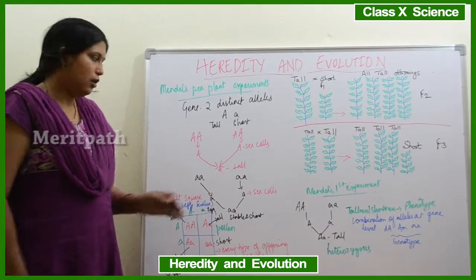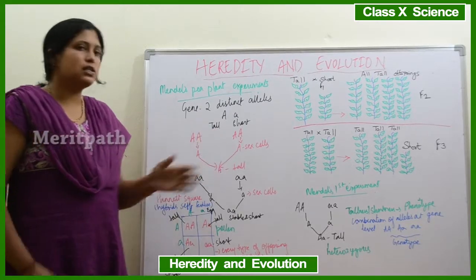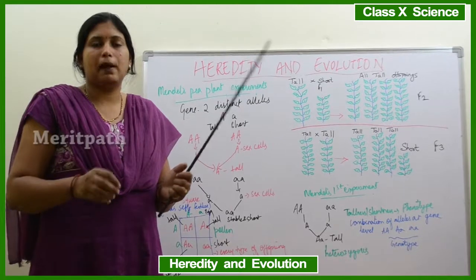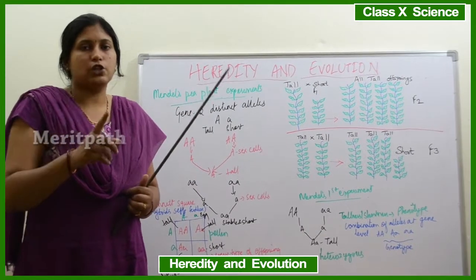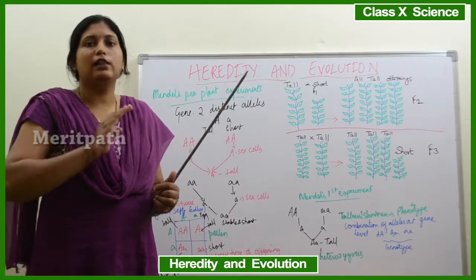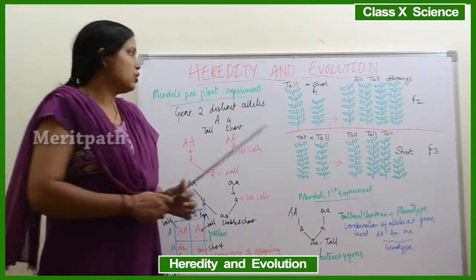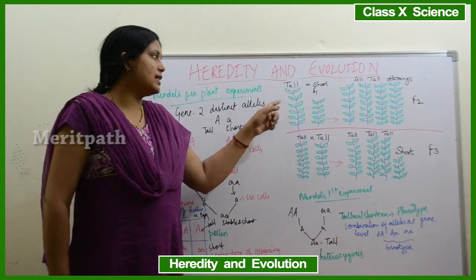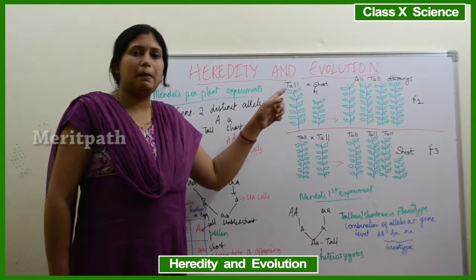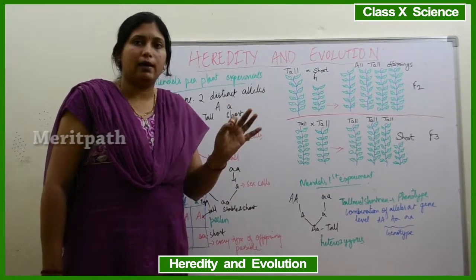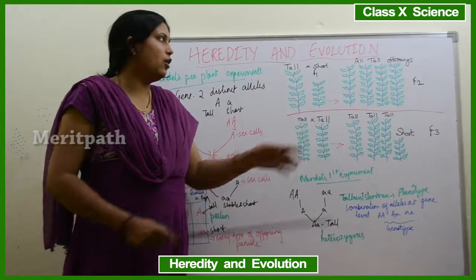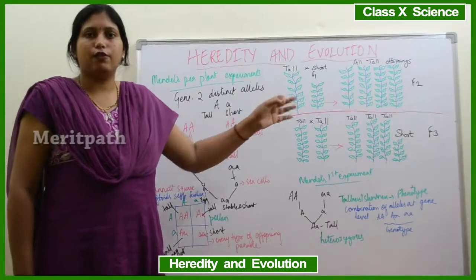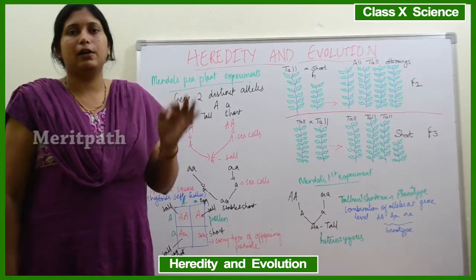So Mendel did his experiments on the pea plant. When he crossed two parent plants, one short and one tall, all the ones he got were tall. His first experiment was crossing a tall parent pea plant with a short parent pea plant. The result he got was all tall offspring. This was named the F1 generation or the monohybrid cross.